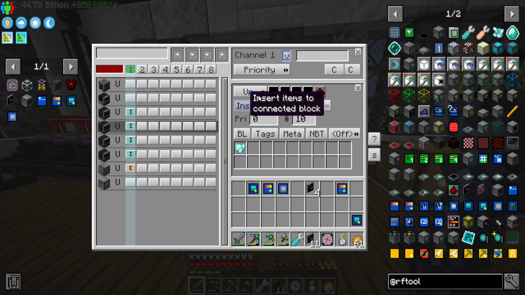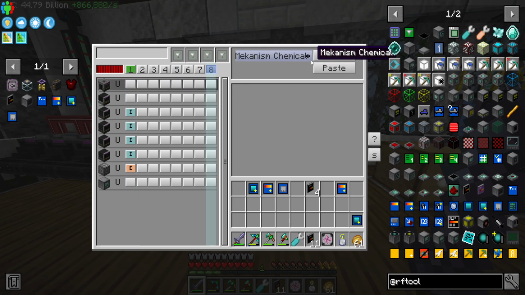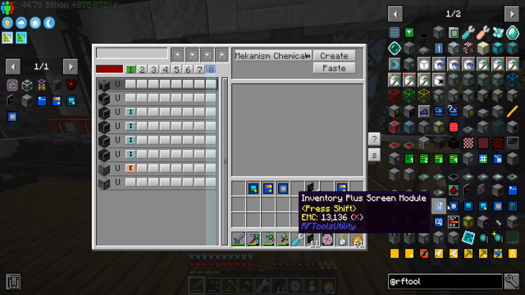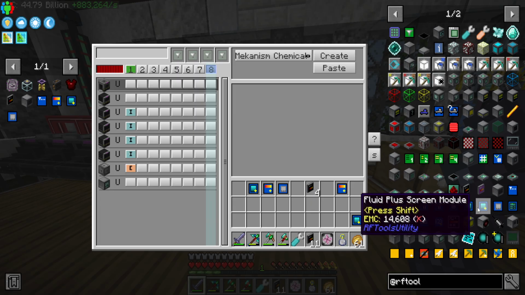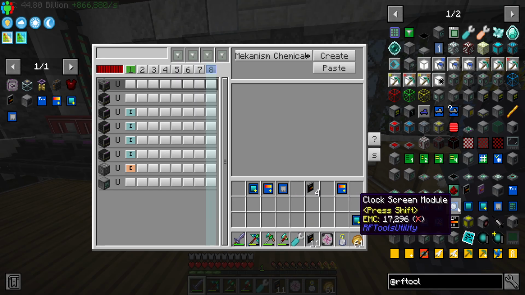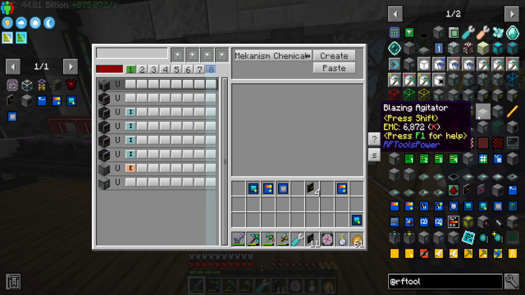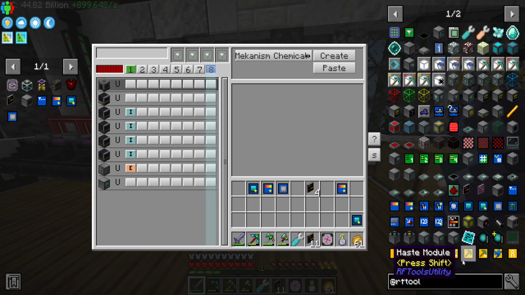is, if I go on here, and mechanism chemical. So I wonder if the fluid on here actually do mechanisms chemicals. That is the question. Does that work like that? So